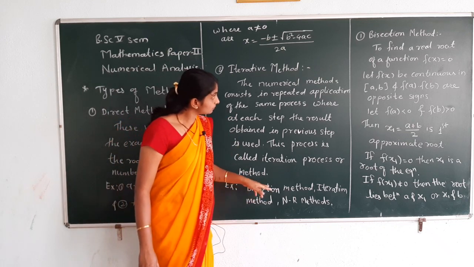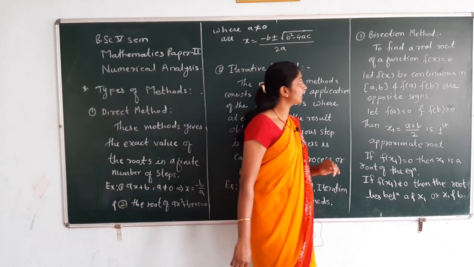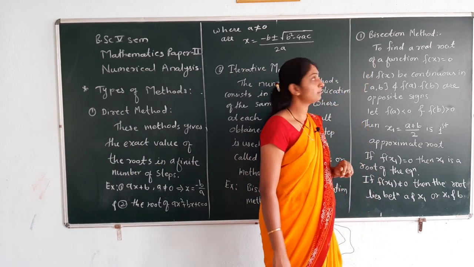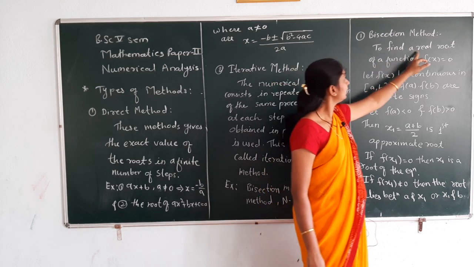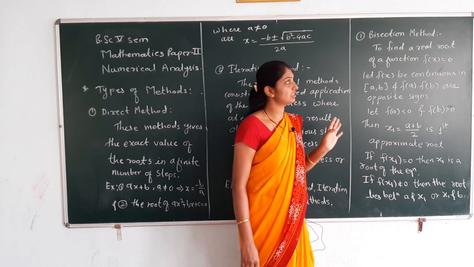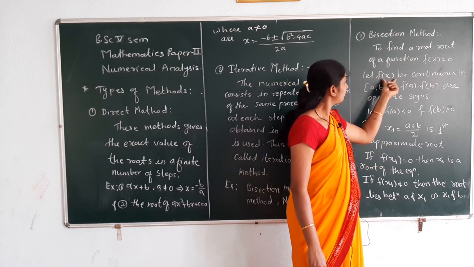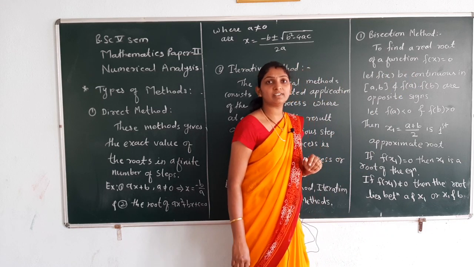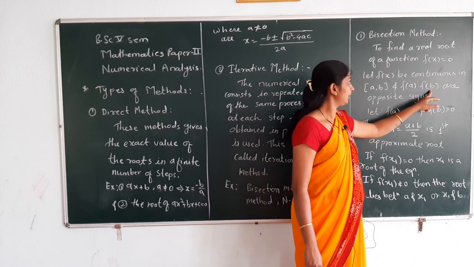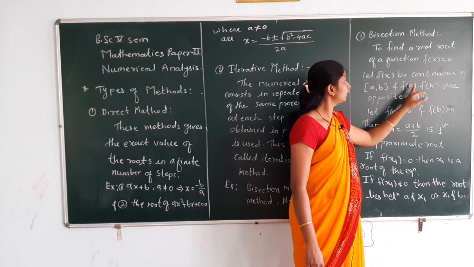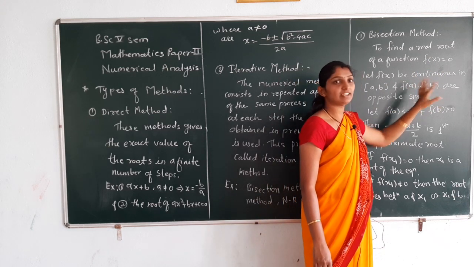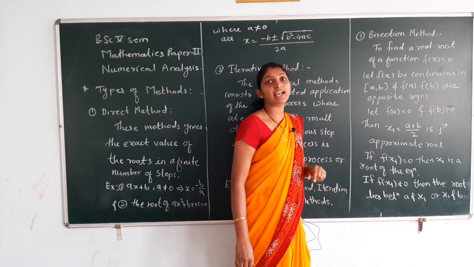Then for the first method we study here the bisection method, how to find the root by using the bisection method. Here, to find a real root of a function, that is f of x is equal to 0, we get the function f of x. Let f of x be continuous in a closed interval a, b. Then we have to find the values of f of a and f of b, that is, we put x is equal to a in the function. Similarly, x is equal to b in the function, then we get the f of a and f of b